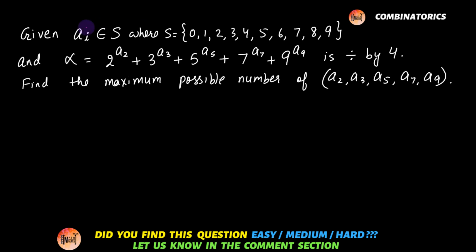The question of the day is, given that Ai belongs to the set S, where S is equal to {0, 1, 2, 3, 4, 5, 6, 7, 8, 9}, and alpha is equal to 2 raised to the power A2 plus 3 raised to the power A3 plus 5 raised to the power A5 plus 7 raised to the power A7 plus 9 raised to the power A9 is divisible by 4,